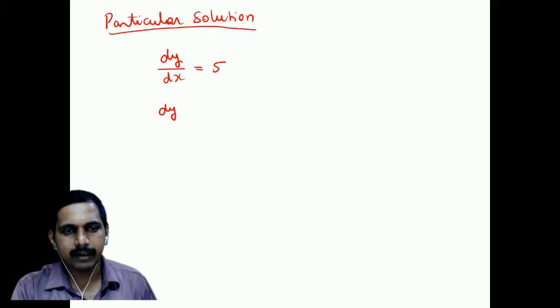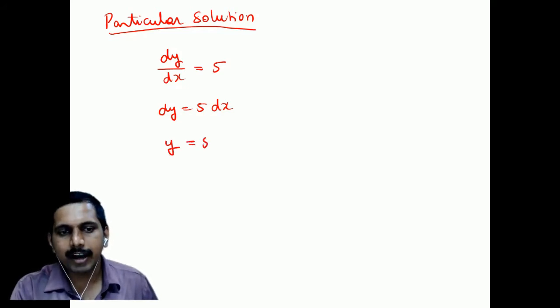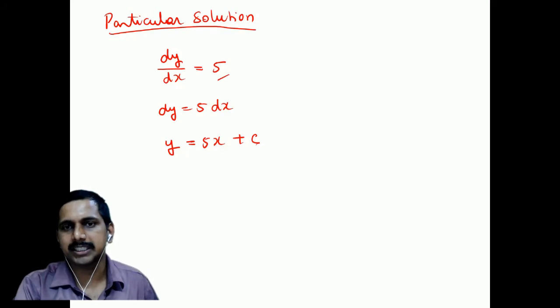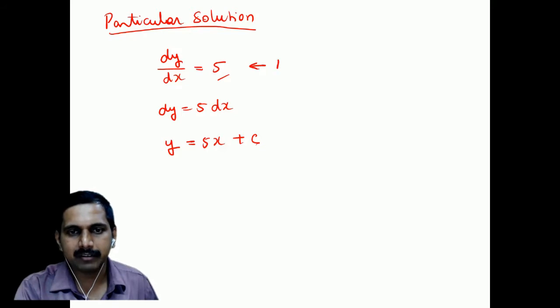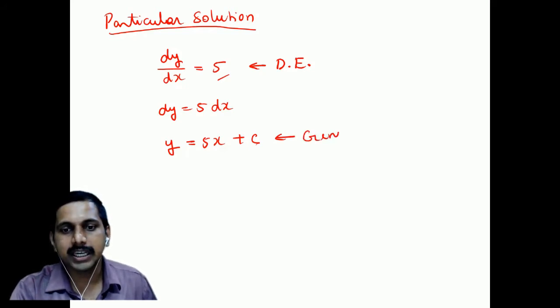I can write dy is equal to 5 dx, and I can integrate that. When you integrate, I get y is equal to 5x plus a constant. This is a simple equation, dy by dx is equal to 5, and I get the solution. This is the differential equation. Let us understand the basics first. You don't think I am doing simple questions, I am telling you how it is to be done. So this is the basic equation, and this is the solution. Generally we call it the general solution.